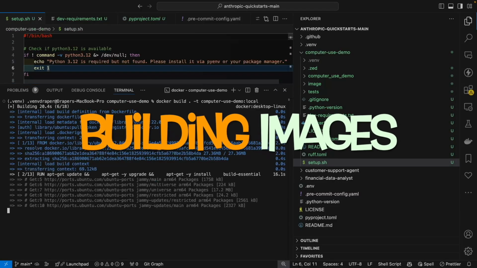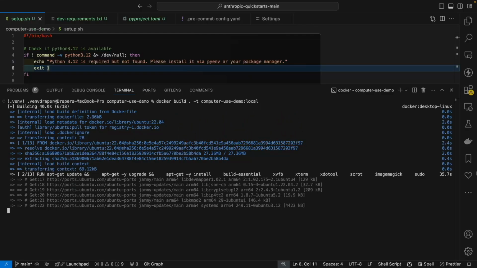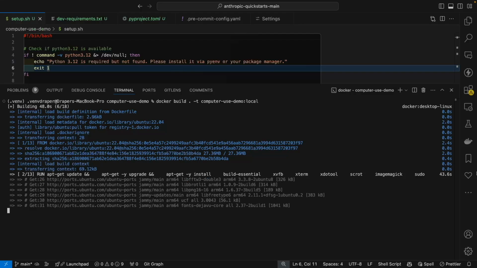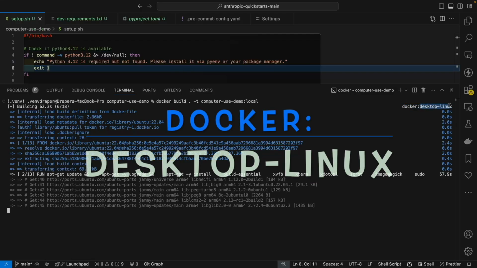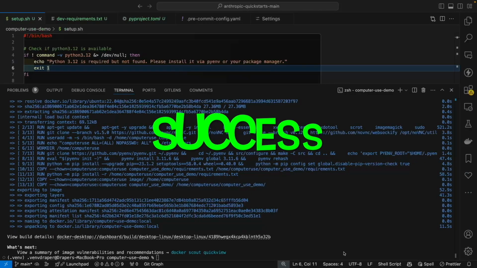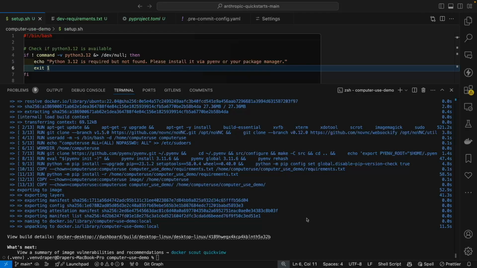Amazing. You can see that it's buffering quite a bit here and setting up a few ports. So we'll just give it a little bit of time to run here. As you can see, it's only 2 out of 13 here. We have our Docker Desktop Linux. So we're setting up our container there. We are back. And now we are able to run our application since all of our images have now been